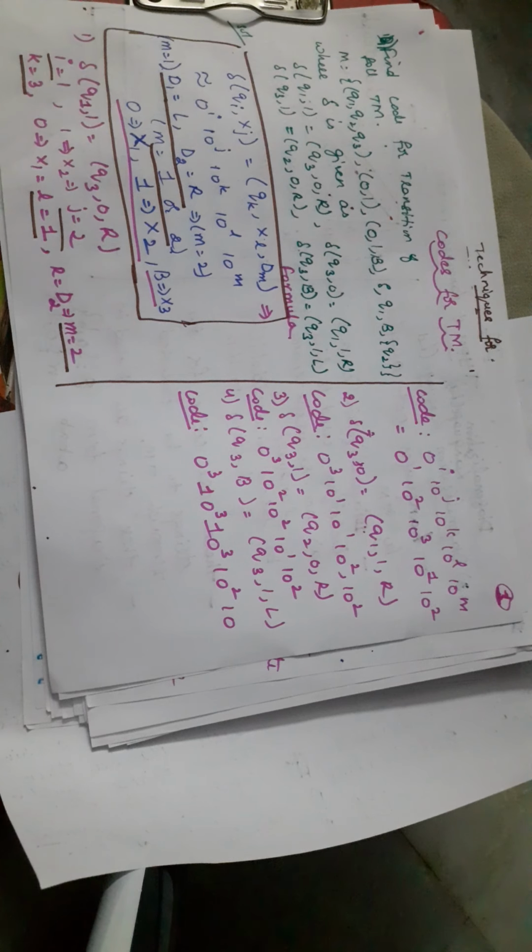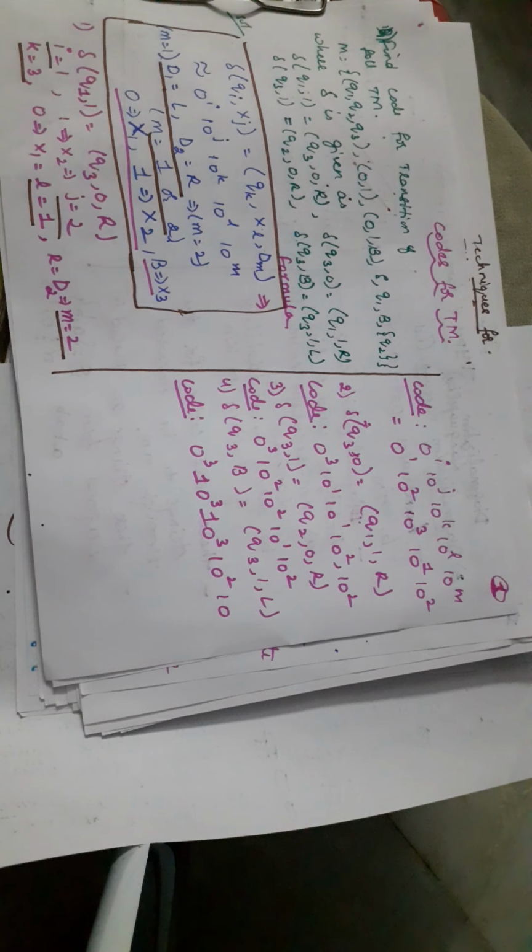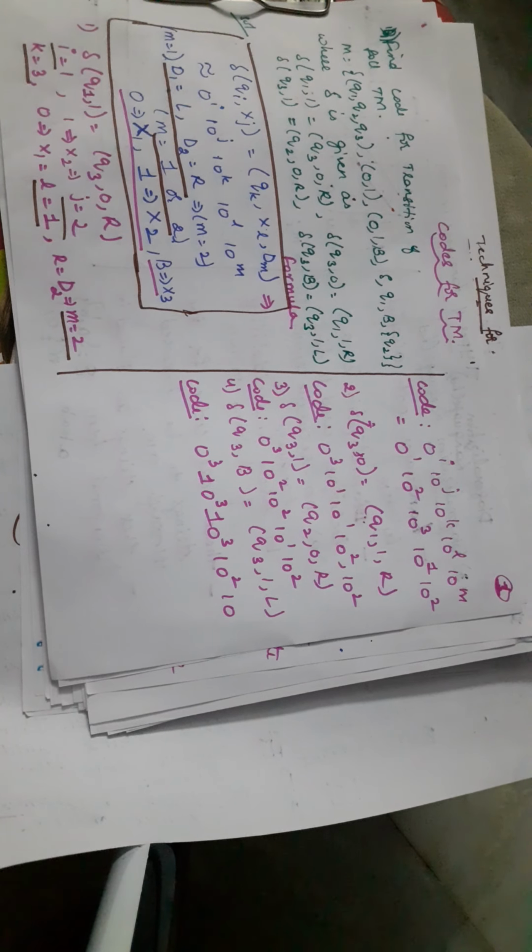Hello students, today we are going to discuss the codes which are used for the languages that are passed to the Turing machine. So this is another type of problem which can be asked during the external exams. The outcome of this topic is, if any transition is given for a given Turing machine, and we are asked to write the code for that, instead of passing the string directly, we can use this formula, or we can use this code to write the code for the given strings.